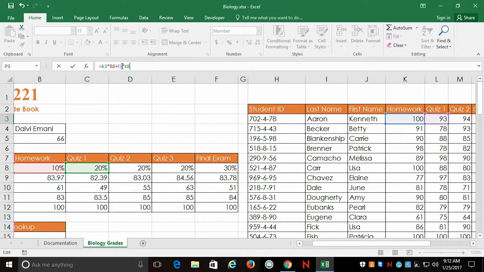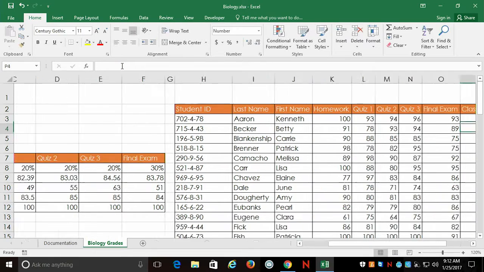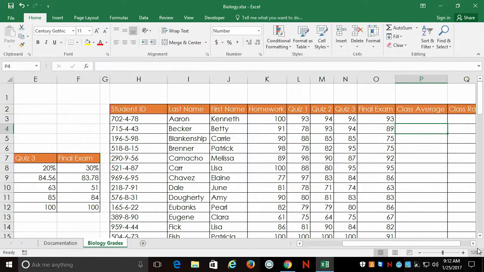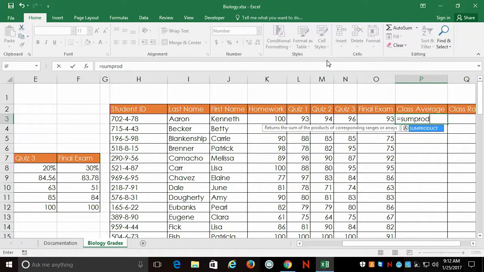Now, the issue with that is I'm going to have to type in basically 10 terms to do that. That's kind of problematic. And maybe Excel has something to do that, and it does. There is a function in Excel called SUMPRODUCT. And what SUMPRODUCT does is we give it 2 arrays, and it takes the first thing in array